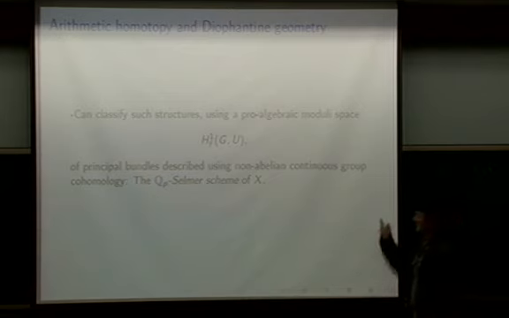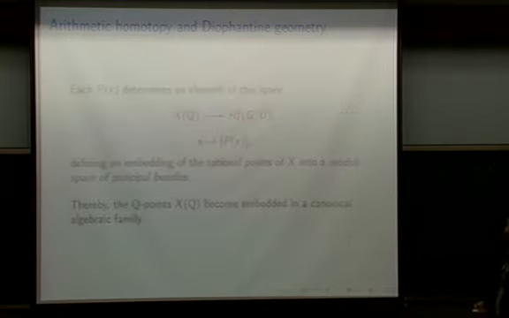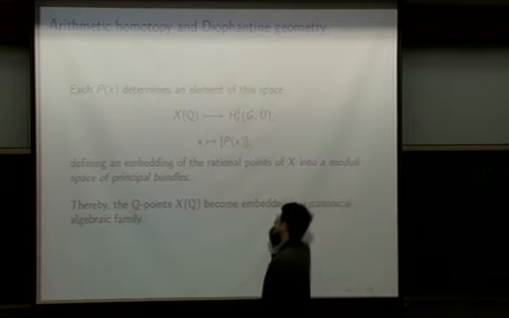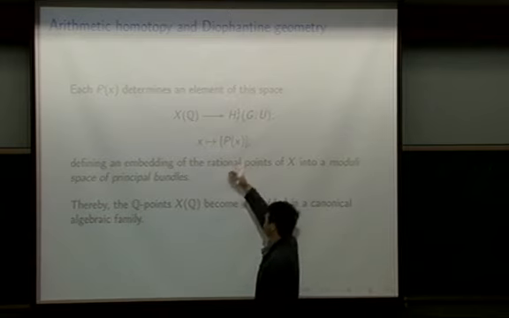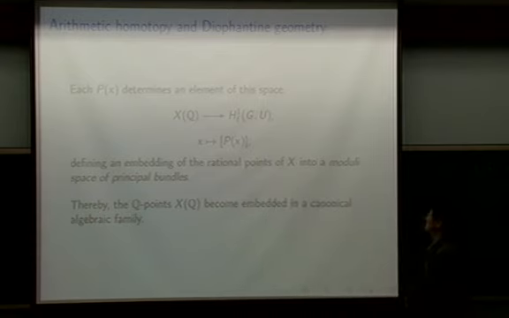And this is a kind of geometry which only comes through when you use the P-adics and this non-abelian fundamental group. So let me say again, you start from a rational point on the curve and you associate to it a principal bundle of paths. And it has a Galois action, so it defines a point inside this moduli space of principal bundles, which is defined in a strange way using Galois cohomology. But it turns out to be a pro-algebraic variety that admits a map from the rational points of the curve.